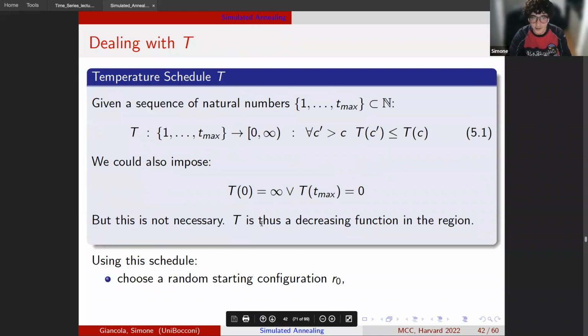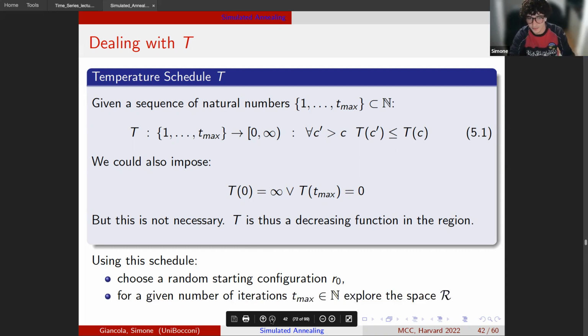Now, if we could define a temperature schedule function that starts from infinity and gets to 0 in a decreasing way, such that at each time unit, it's either the same as before or a little less, we could exploit this to create a process which starts from a random configuration, R0, and assigns the temperature for each iteration to the distribution we sample from, to the acceptance rule we use in that specific iteration. Intuitively,